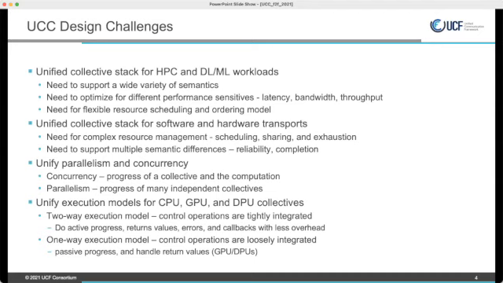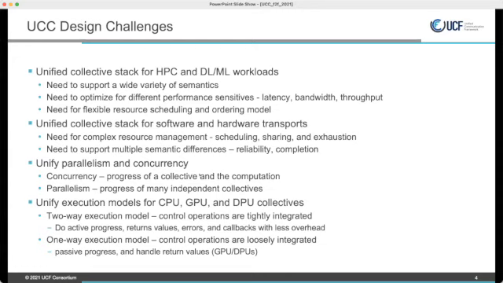Once you keep this as a design goal, you need to think about resource exhaustion, especially if you have hardware transports. Resource exhaustion should be handled much more gracefully. And then we need to have fine-grained control over some of the semantics like reliability. So we had to address these challenges.